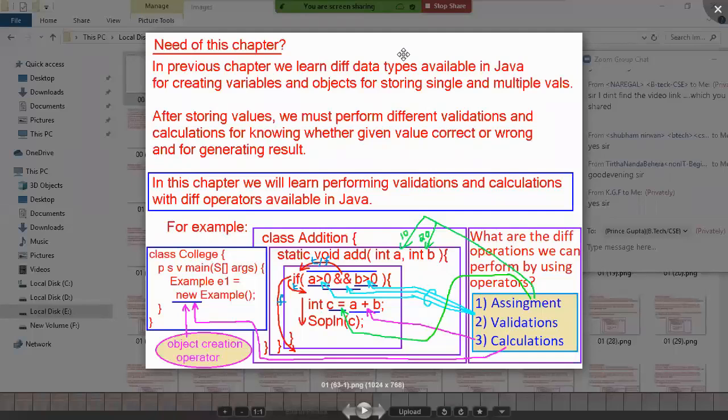While taking, again you are verifying: 250 grams or 500 grams, or how much is there, you are going to check. Okay, 1000 grams you are checking. If you found 250 grams, you are placing it. If not found, then you are throwing an exception. You are going to the else block and throwing an exception, searching for a helper, then the helper comes and helps you. So tell me, wherever you go, what operations will be there? Assignment, validations, calculations in your real life.